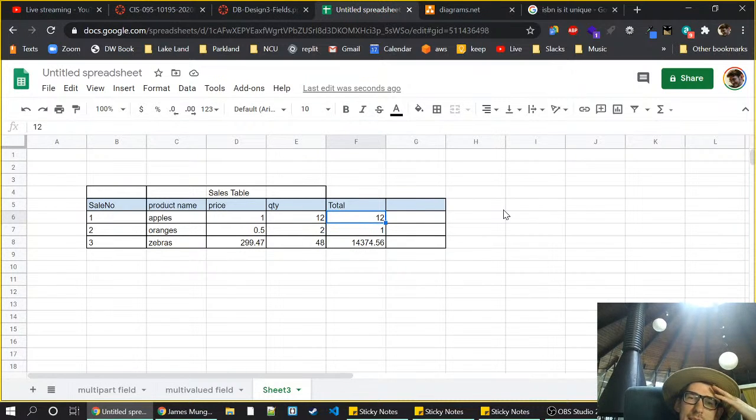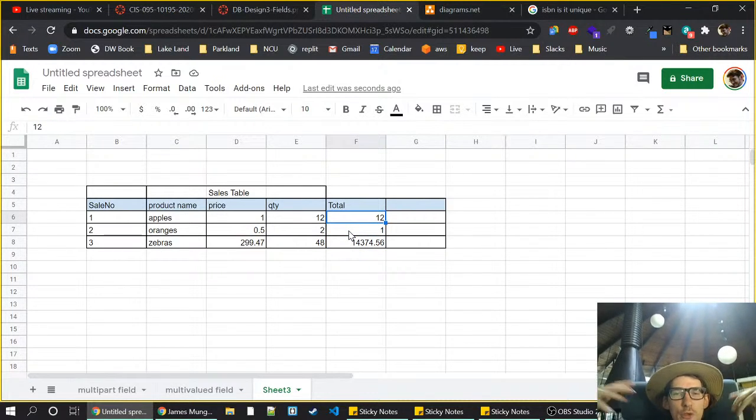What did I do to get this? What did I do to get the values in these fields? Okay, is this field adding any new information that we need to store? Do we need to pull out